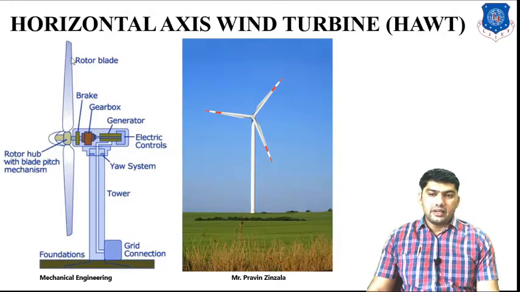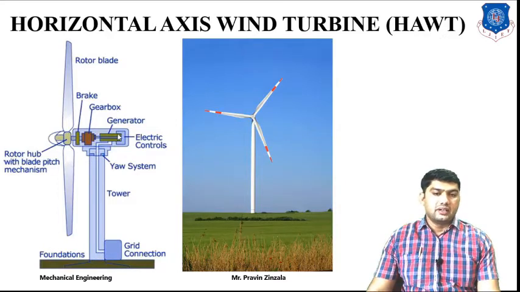Whenever wind strikes the rotor, it converts kinetic energy into mechanical energy and transmits the mechanical energy to the shaft. The shaft rotates and transmits the energy to the gearbox. The gearbox is used to step up the RPM for power generation, and it supplies the maximum RPM to the generator. The generator generates electricity, and the electricity can be transmitted directly to the grid connection or a standalone system.